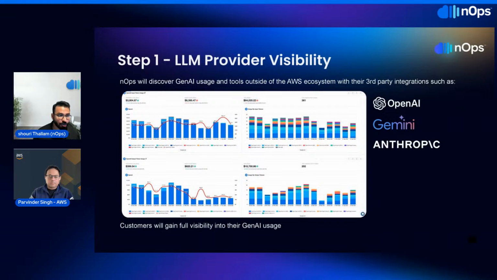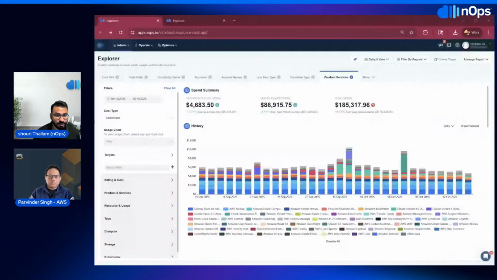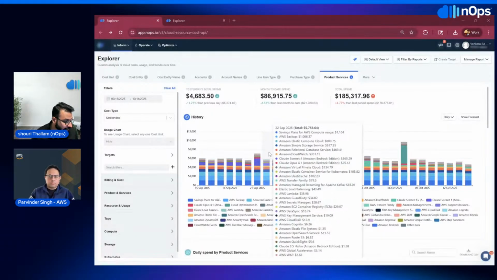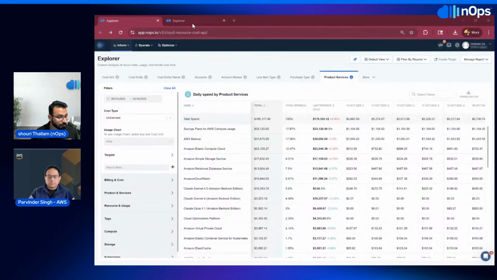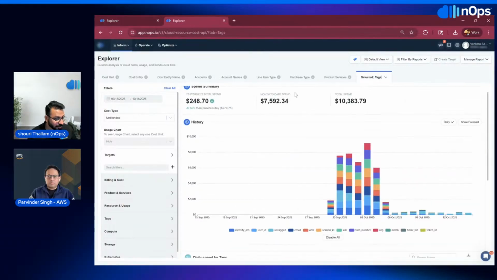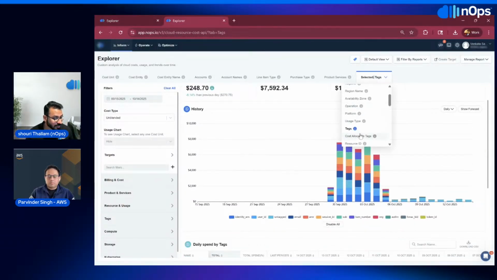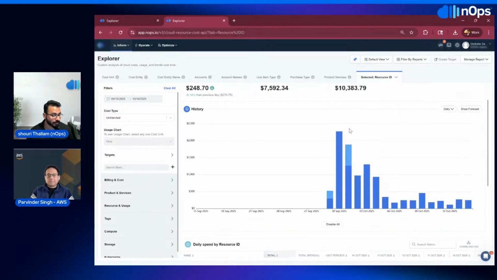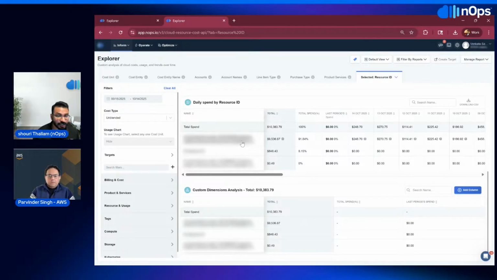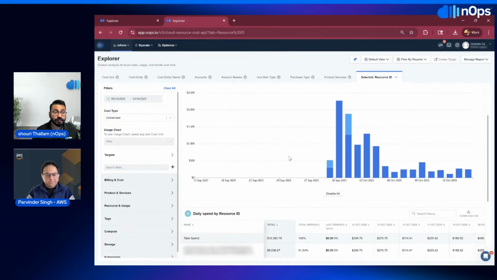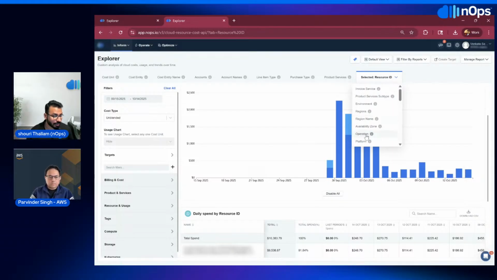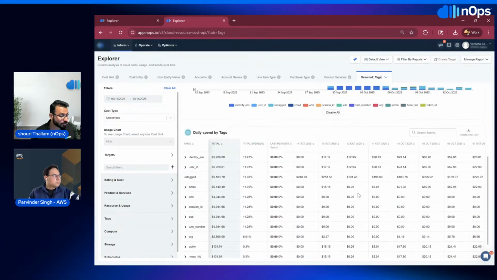And jumping into a quick demo that I want to walk through, which we were just talking about. If you look into it, this is the data we are looking at, and we want to look into Claude Sonnet 4.5 with Bedrock integration. With Bedrock integration, the maximum you can look at from a visibility perspective is only the resource ID, which is inference profiles and so on. But if you're pushing request metadata into CloudWatch, and you want to see which one actually cost you more, and so on,